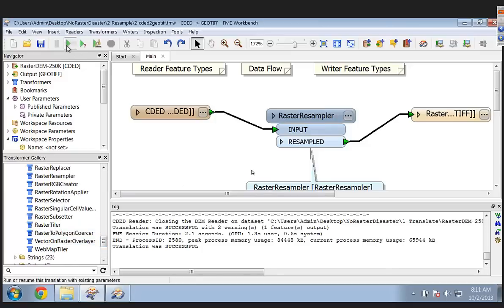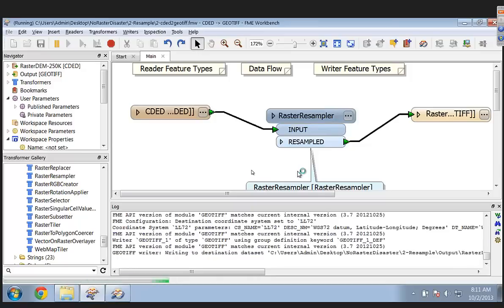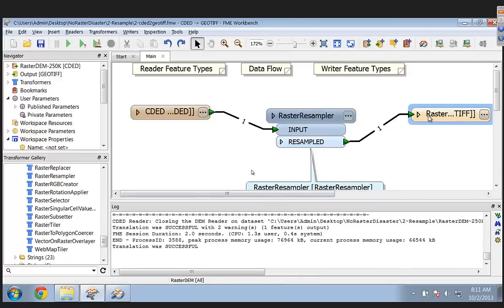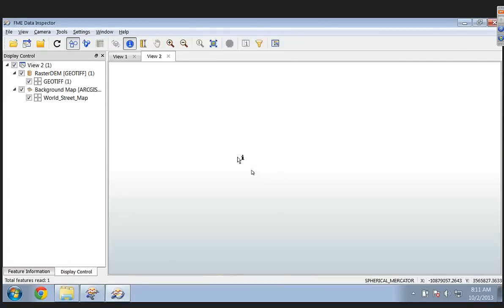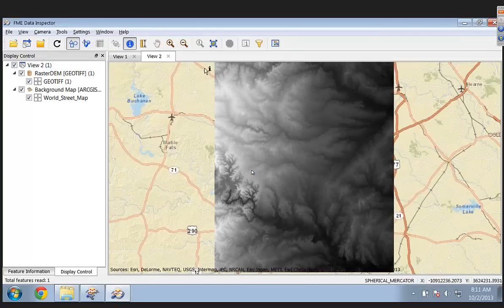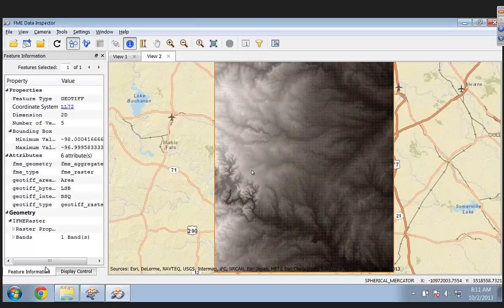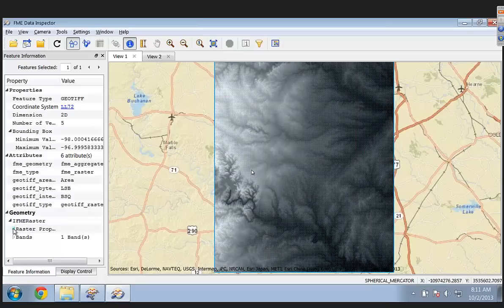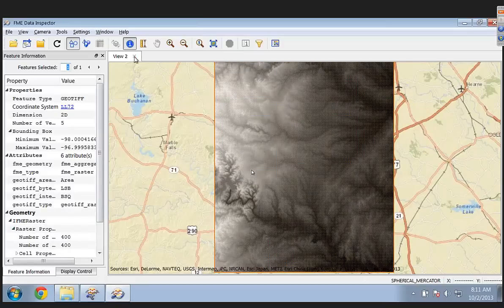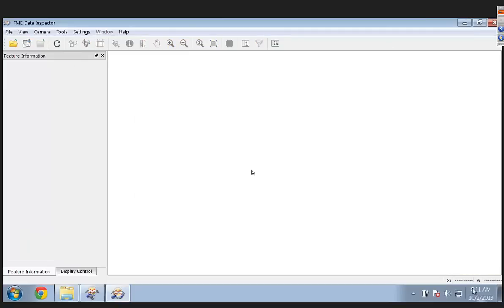So I could run this quickly. It isn't going to take too long because resampling's fast. And now we've got our TIFF again, and I'll inspect that, and I'll go and just grab it. Here we go. It brings up a new view for me, and there it is. And so if I get information on this one by selecting it, hop over here, I can see that its properties are it's 400 by 400. The one we did before, if I select it, its properties are 1200 by 1200 approximately. So we did do something very worthwhile. Okay, so that was resampling.